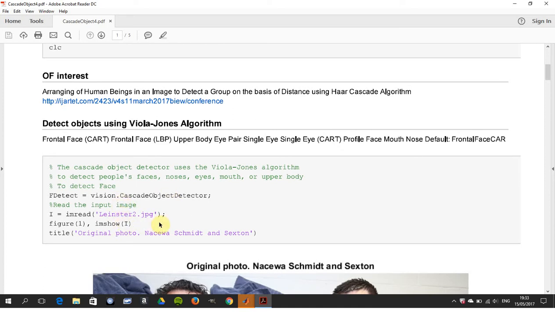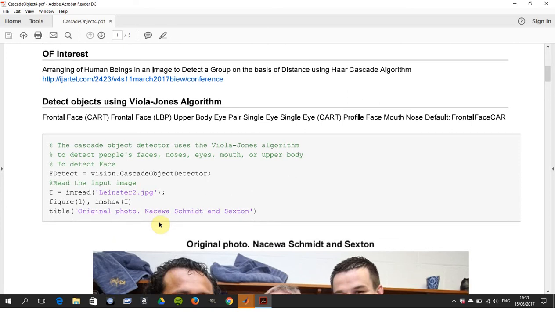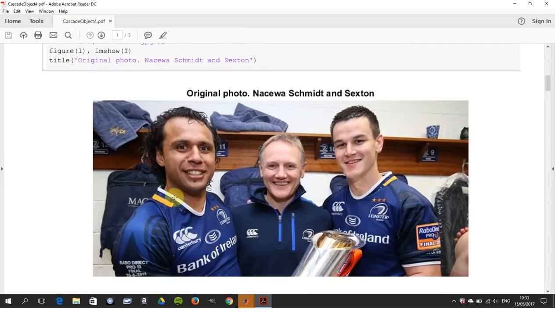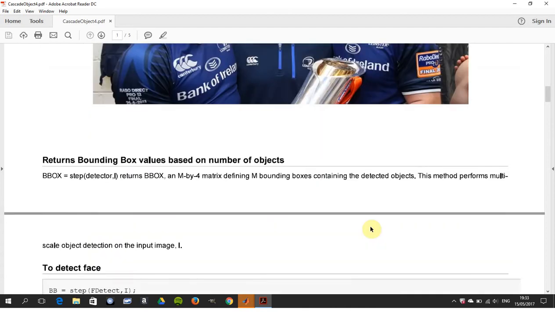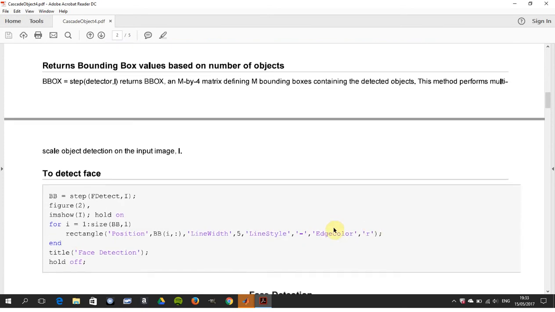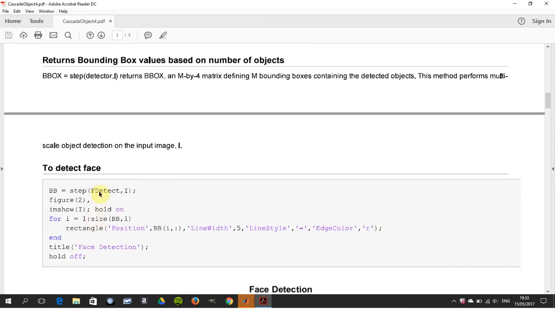We read in the image and we're just going to show the original photo. So we have Nasewa, Schmidt and Sexton. If you're not a rugby fan, Leinster Rugby, Joe was the manager, and then two star players here back in 2013. So first up is to detect the face, and it's simply F detect, comma, I, where I is the read-in image,